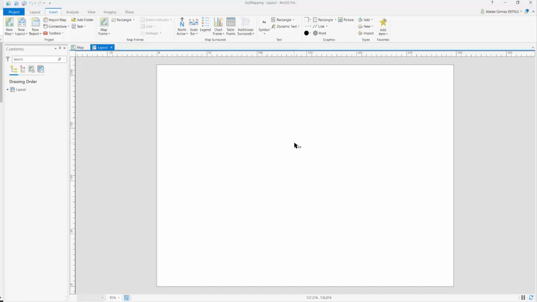But first, before we insert the map, I would like to have guides. These guides will be really important to place the map. For example, I would like to have the map in the middle here, and then the scale bar at the bottom to the right side, and then the north arrow also at the bottom, and then the legend on the right side, and also the coordinate system and some text or the author name that I want to add on this side. So this has to be not inside the map but outside the map, so that it will be clearly visible